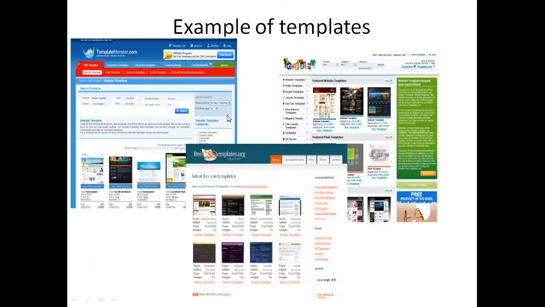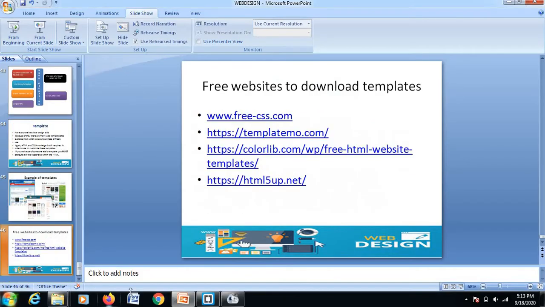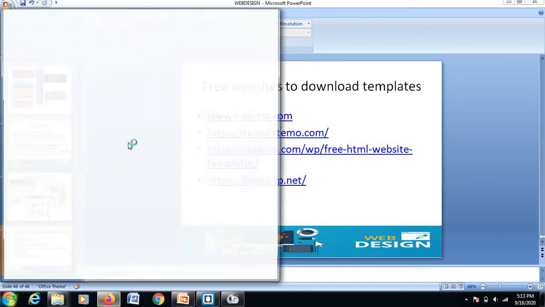Okay, so here are some examples of templates we have taken from particular websites. I will show you some websites from where you can download templates, and I will also show you how to use templates for your website. You will find it very easy to design a website. Why? As you are now able to understand the HTML code and CSS code. So now these are some sources from where you can download templates for free. So let me show you these particular sites and how to use these templates in your website.